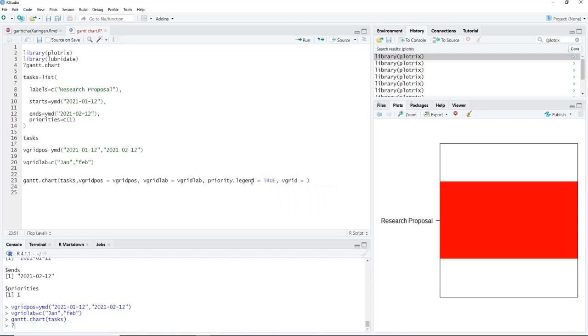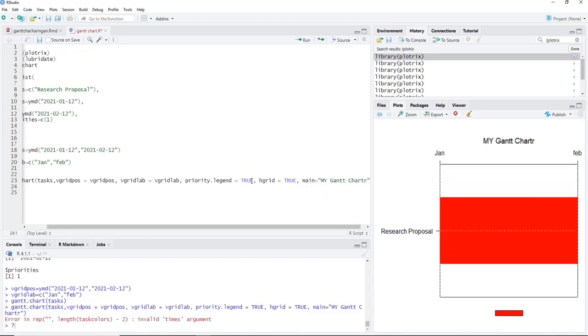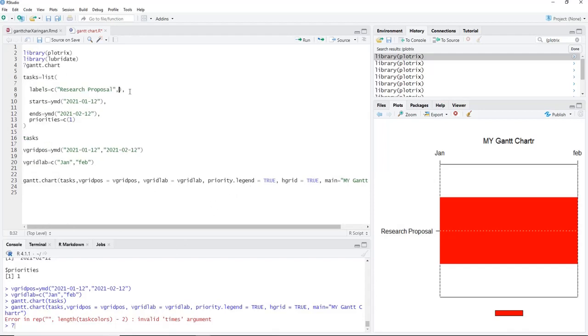Not vgrid, hgrid is equal to true, and main is equal to my Gantt chart, and it's there.